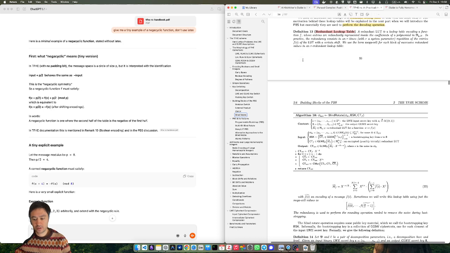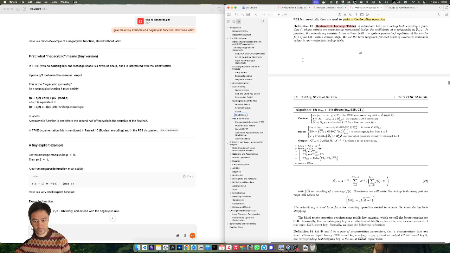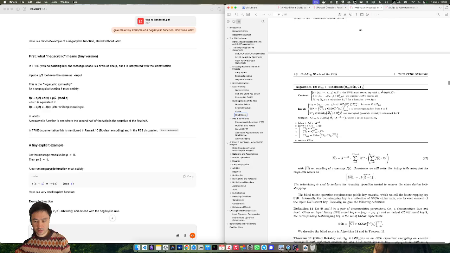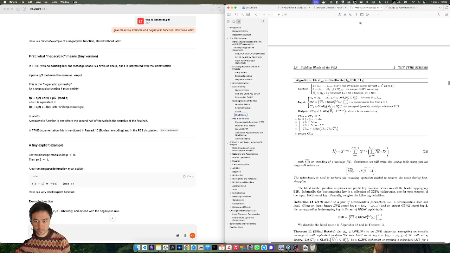I'm wondering if they have the same problem here. But okay. So you have secret keys of different shape because we're looking at LWE, GLWE, message of, okay, this